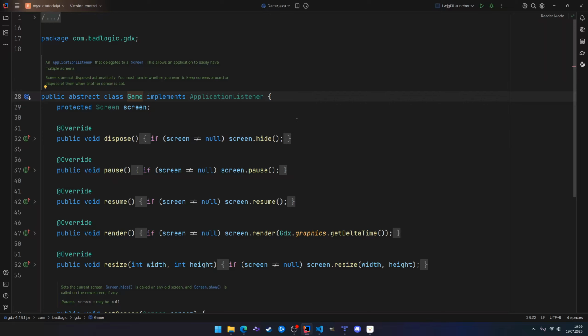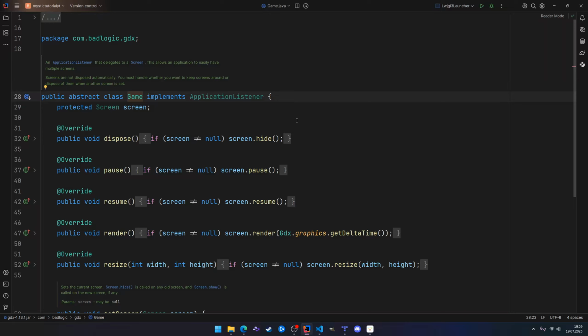So what is a screen? You can simply imagine it as a specific part of your game. So for example, the main menu would be a screen. Maybe the initial loading of some resources would be a separate screen. Then where the game itself is running, that would be a screen. Then maybe if you have a separate combat window or combat transition into a separate screen, a game over screen,